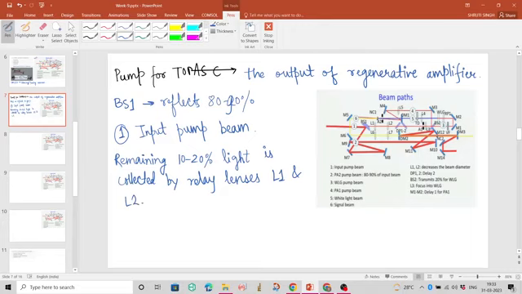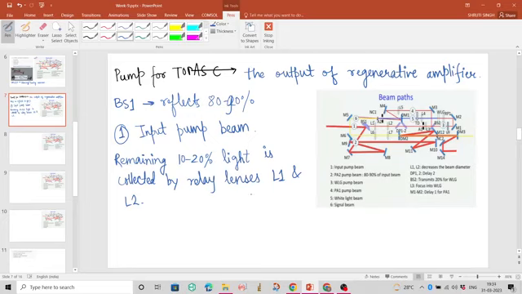Let's go straight. The input beam comes, it hits the beam splitter, then 80% is reflected in this direction and the remaining 20% is transmitted. And the L1 and the L2,